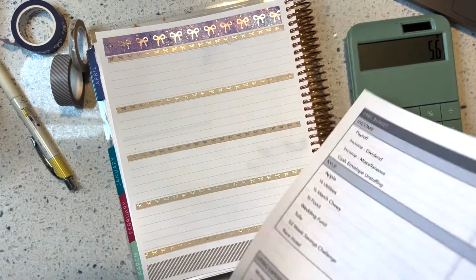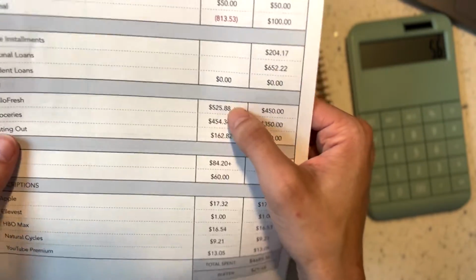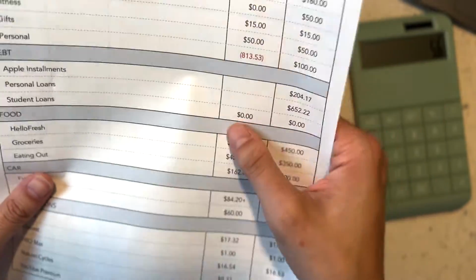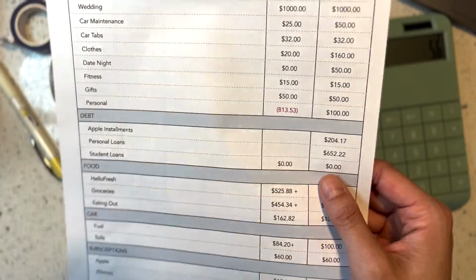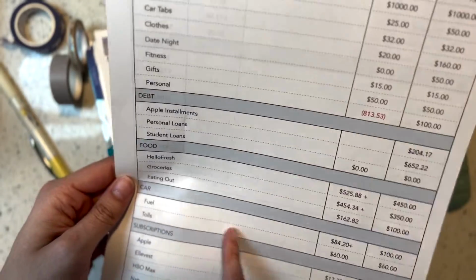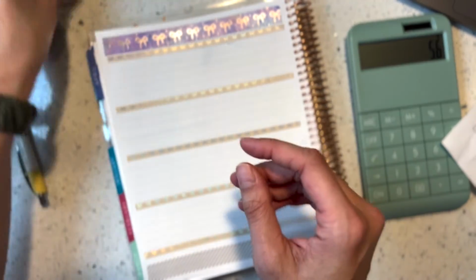Based on the bad things that I was over budget with, and then definitely over budget on HelloFresh groceries, eating out, those things, I think that's what I want to be tracking. I should also want to probably track fuel, because as we all know, gas prices are getting a little extra. So what we're gonna do, let's do,